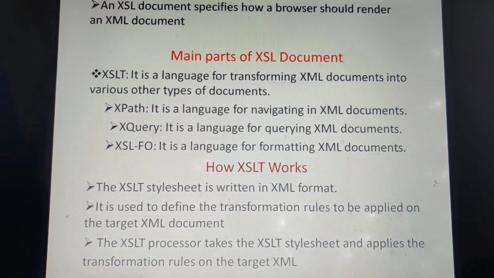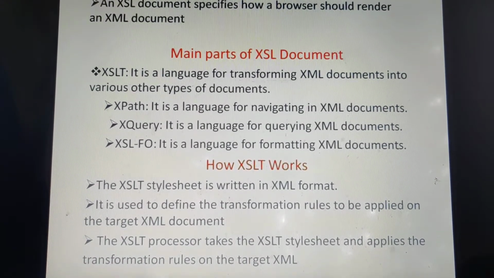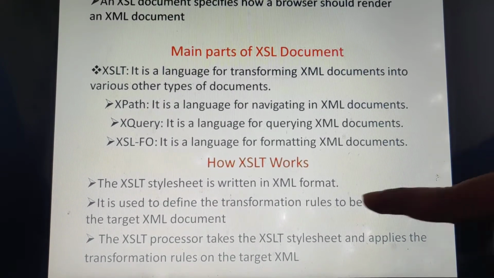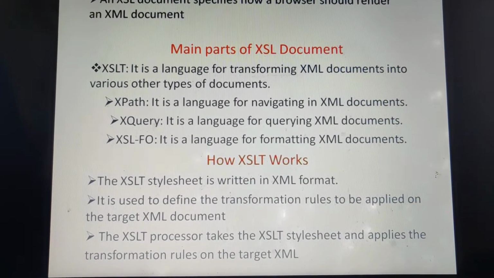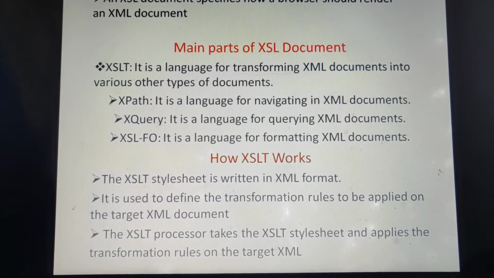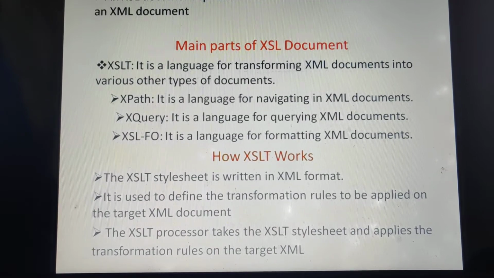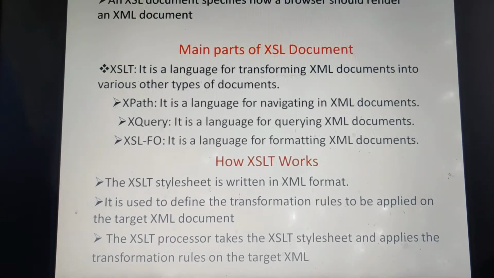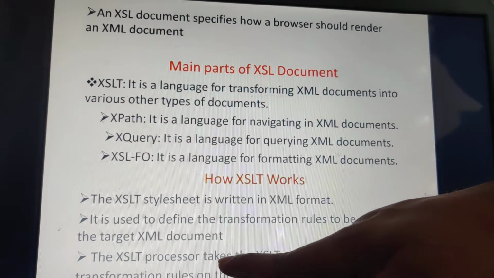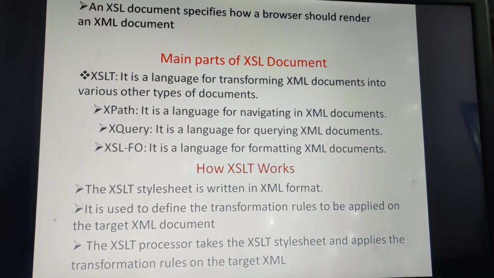appearing the text in the browser window by implementing different styles onto that text. That is what transformation rules do. The transformation rules make the XML text appear in a browser window with stylish notations, or by implementing some styles. For that, we will be using the XSLT processor.